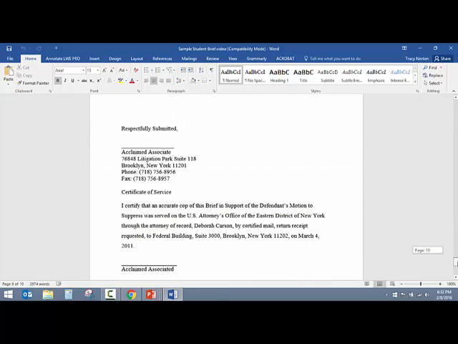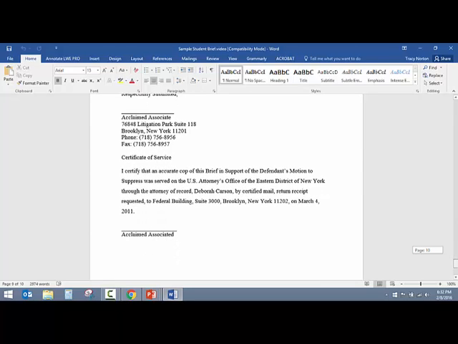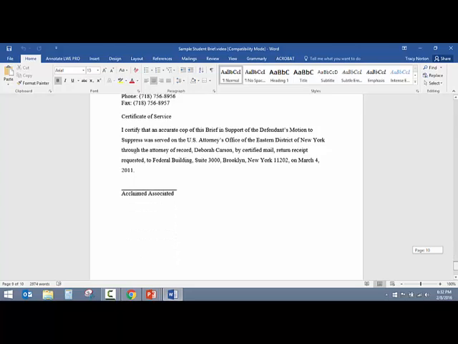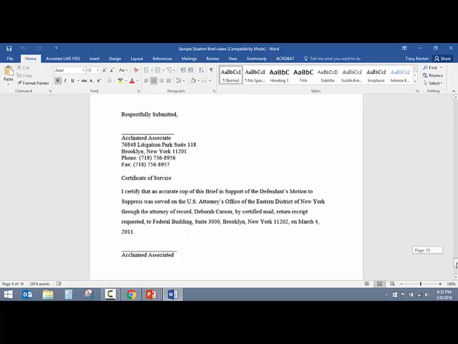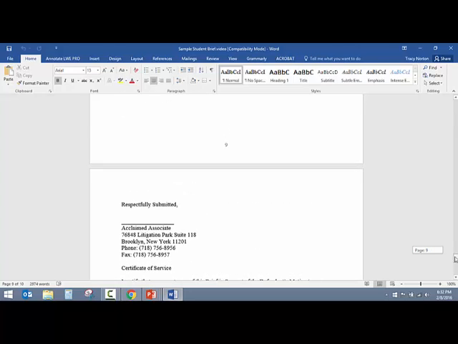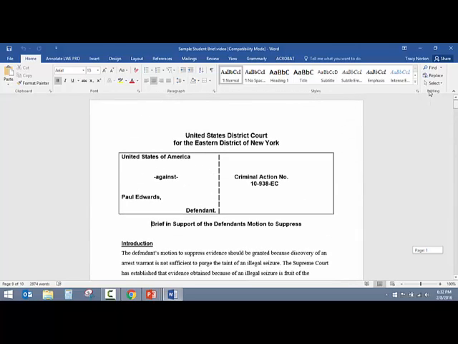And then finally, there is the signature block and the certificate of service. Certificate of service is a new element. Signature block is a new element. And of course, the caption is a new element. But the substantive parts, the introduction, the facts, the argument, and the prayer, those are all variations on things that you already know how to do. And so remember that we said that the